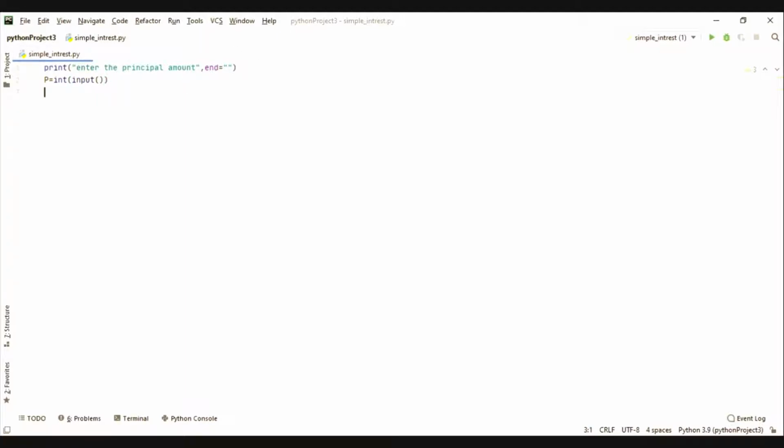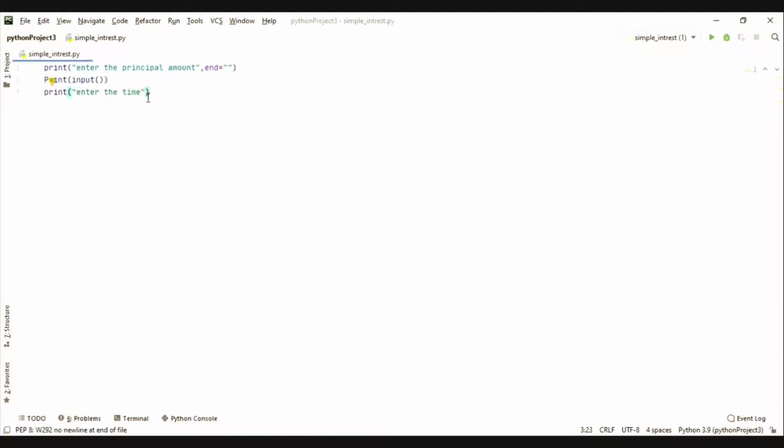And now we go to T, which means time. So let's print time, print in brackets, two inverted commas, "enter the time", and I'm going to give a comma for this one.